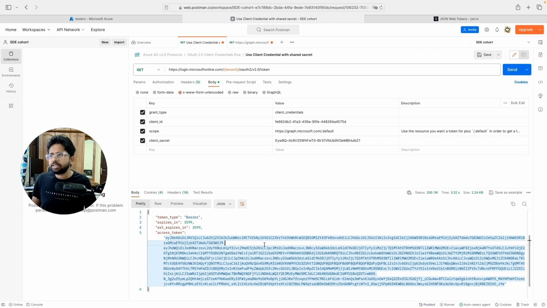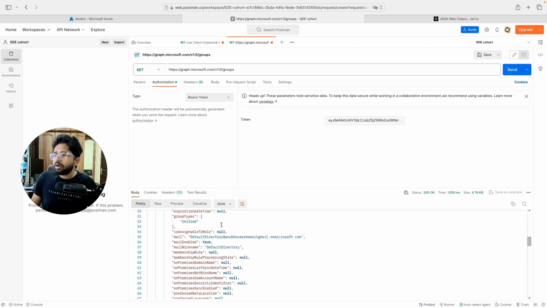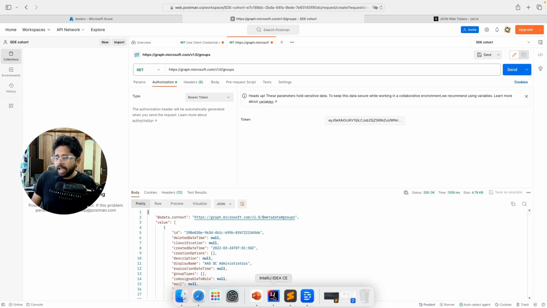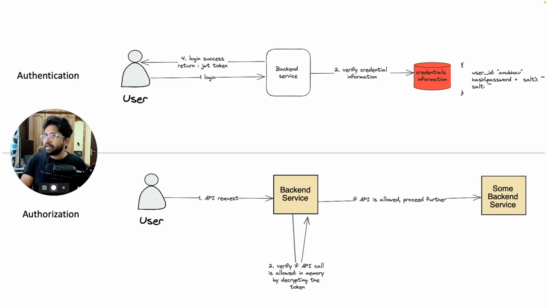There are APIs to refresh the token. I'll not again talk about that. I want to talk about the gist of it, that you are making the call using this access token, and the backend service does not need to talk to the auth service directly. So what happens here, let me just go to the diagram. What is happening here is that whatever JWT token you have, you make the request to the backend service